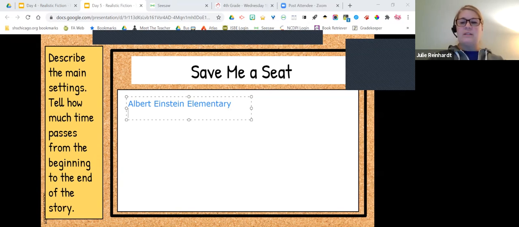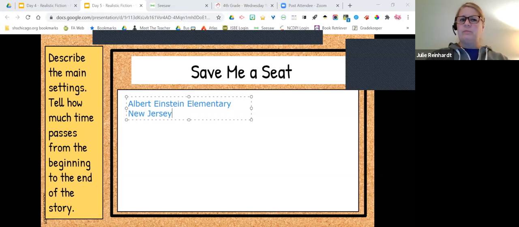Do you remember what city this story takes place in? I have to think about it. I think it was in New Jersey. What town? I'm going to have to check on that one for you. You write down the right town. I cannot remember at the moment. Where else so far in our first 13 chapters is this taking place?